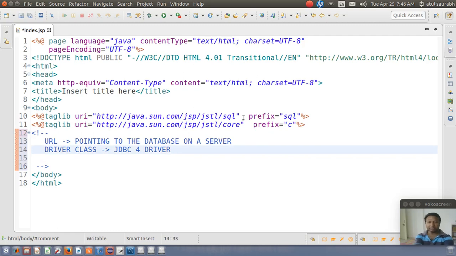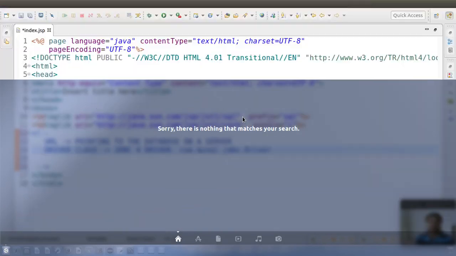In this example I am going to connect my JSP to the MySQL server. So the driver class name is com.mysql.jdbc.Driver. So this driver we are going to use.